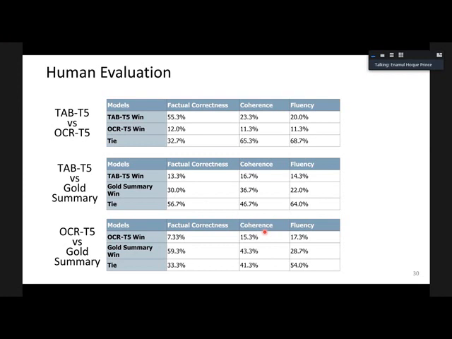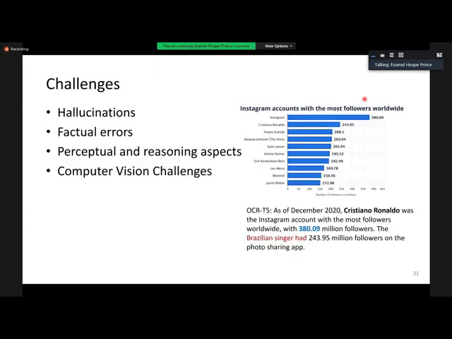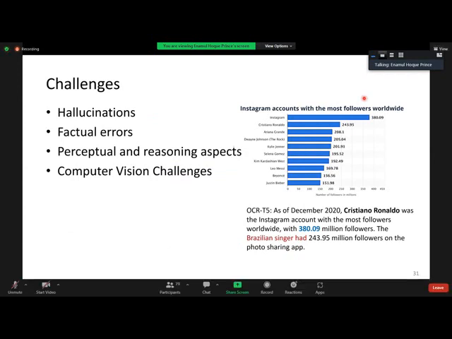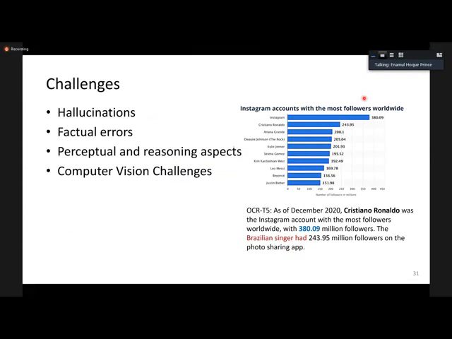I just wanted to show you some example generated outputs and what kind of errors we were facing. So we manually analyzed the generated outputs. Here you can see an output from the OCR T5 model. It says that as of December 2020, Cristiano Ronaldo was the Instagram account with the most followers worldwide.